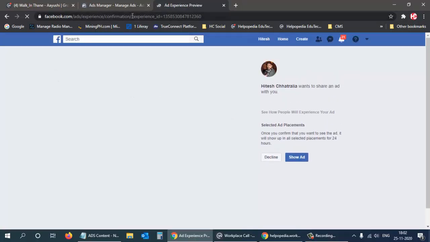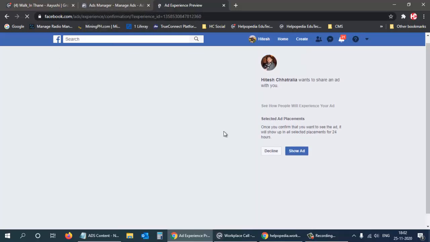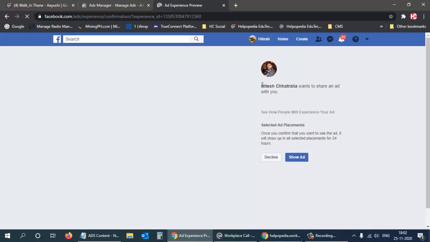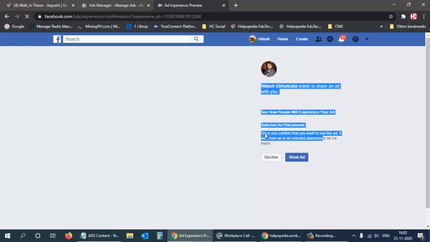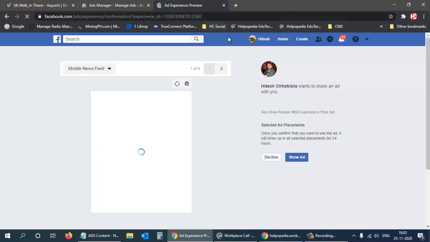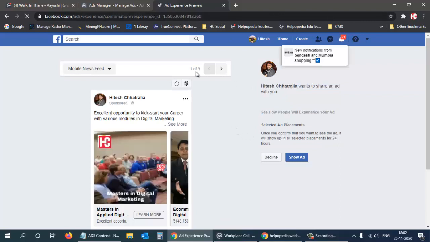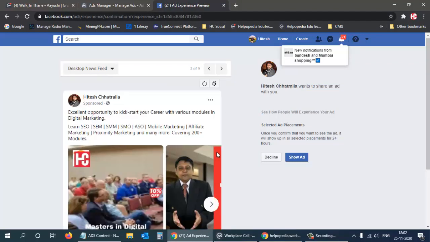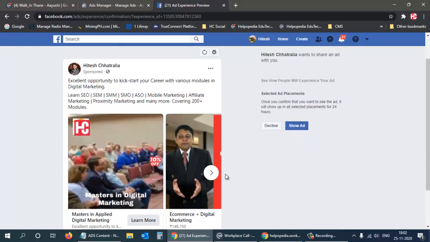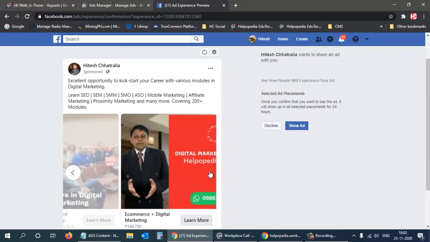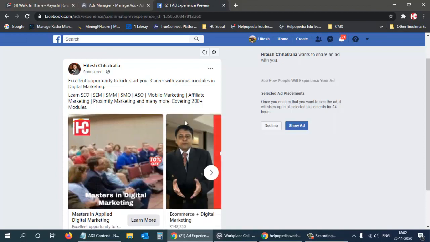Okay, so the problem is only in Facebook Ads Manager. Rest everything is working fine. Everything is working quite faster. Okay, so we have approximately 9 placements. So that is what we have. So okay, this is the desktop version. In the desktop version we can see whatever we have. So like this we can create.